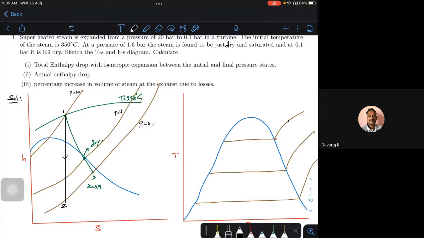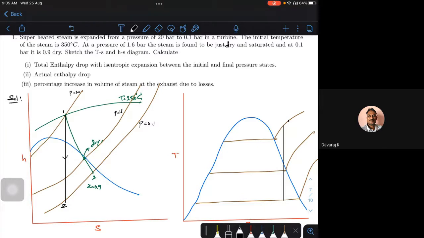You can just draw a straight line. It will be a simple straight line for that condition. So it's from 1 going like this, and your actual, I can go in such a way that it is 0.9. See, this is my actual 1 to 2. That is my actual. So if I go for an isentropic condition, that is the thing.